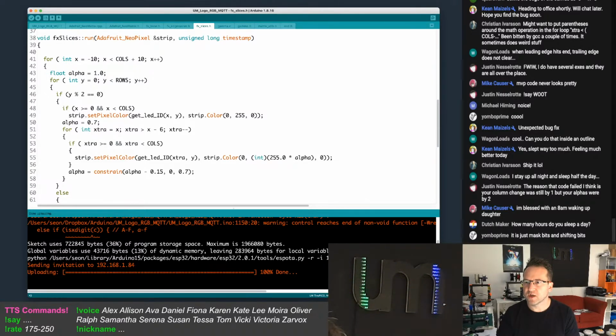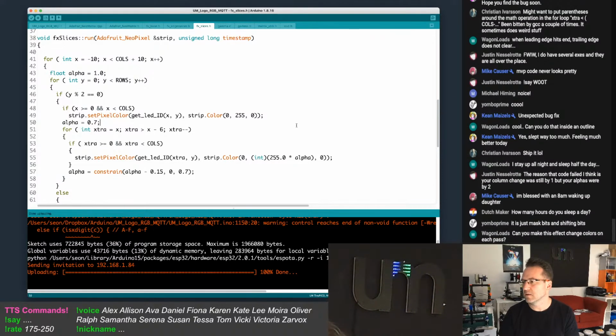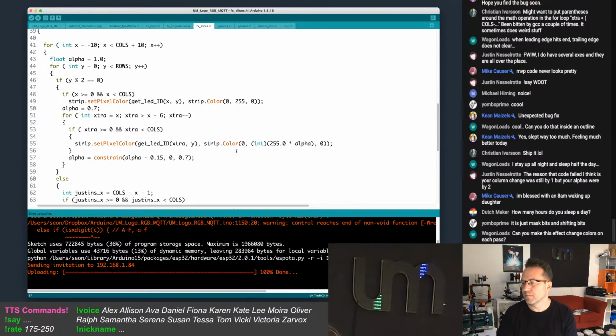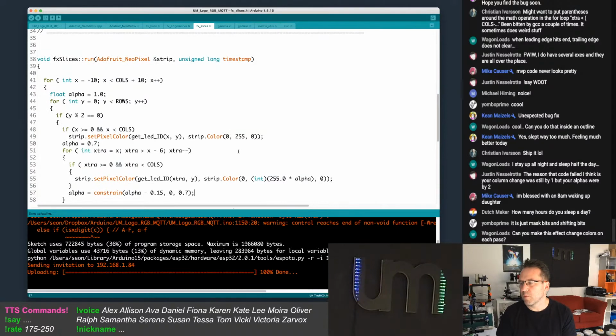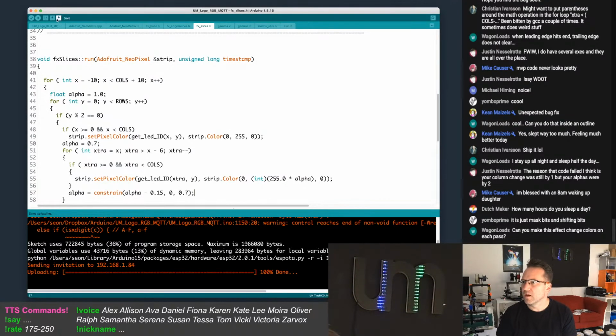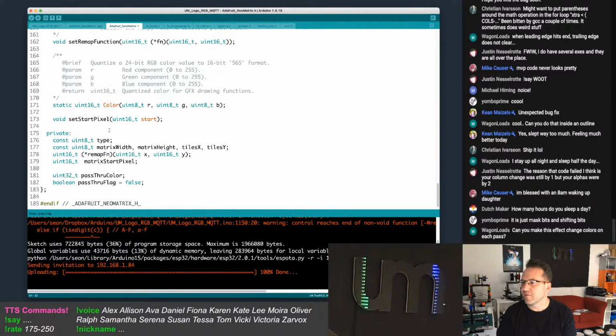Can you make this effect change colors on each pass? No, that's the problem. I can't fade a color. I have to fade individual colors. So that's the problem. I'm pretty sure there is a function I gotta find.